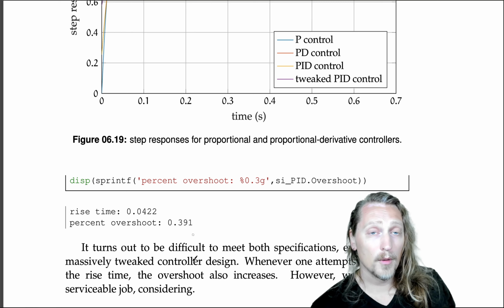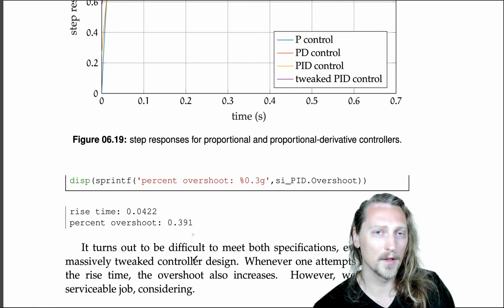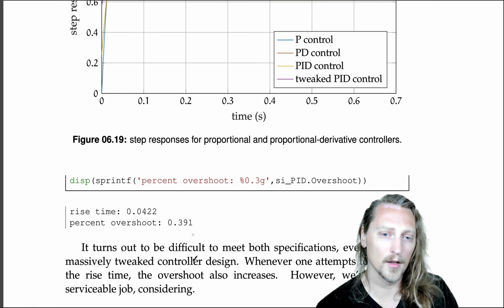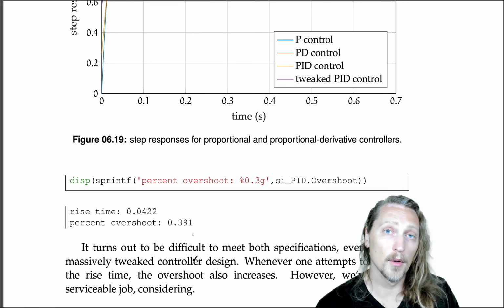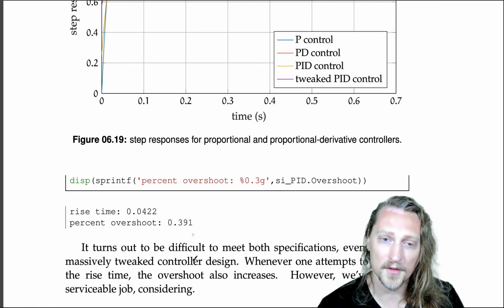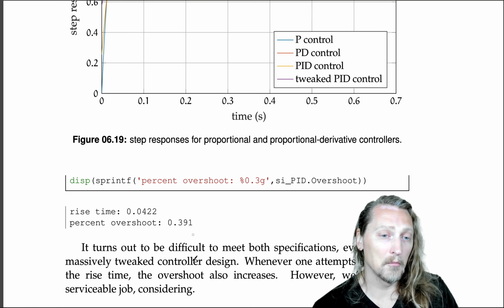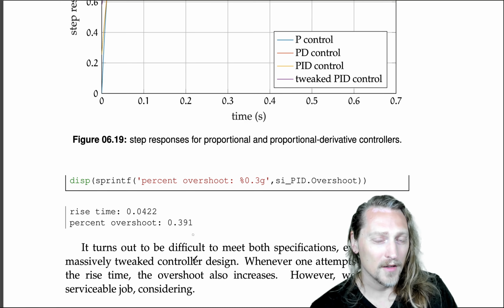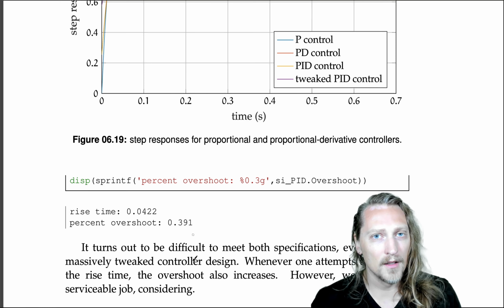All things considered, though, we were able to make the design requirements work, and we were even able to make them work quite well. So percent overshoot is actually much lower than 5%, the 5% that was required. So not a bad job on this design overall. We should compute the